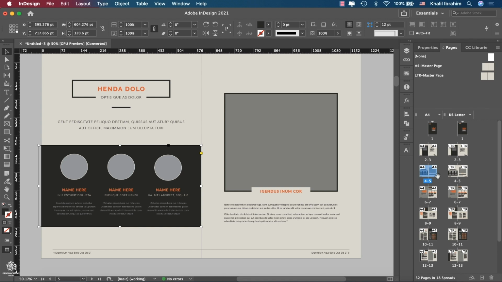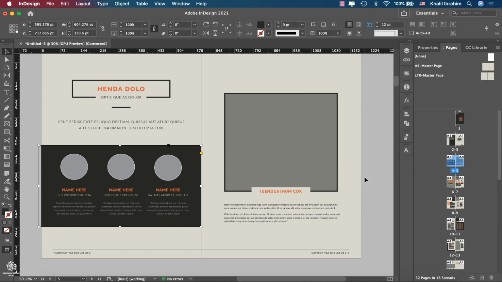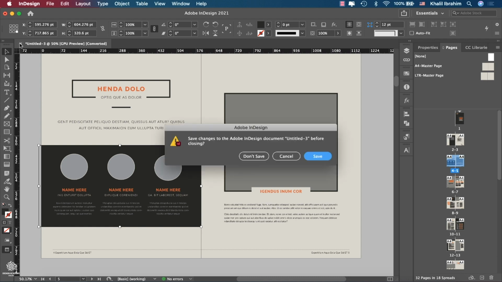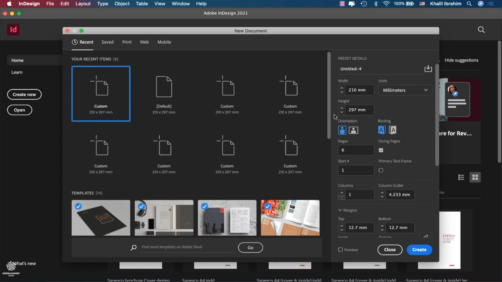And by the way guys, if you would like to get your original view for that panel, you can go to that hamburger menu again, view pages, then let's select vertically, then here we are back as it was. So let's go ahead and discover more about these templates, closing that one once again, not saving, create new, and